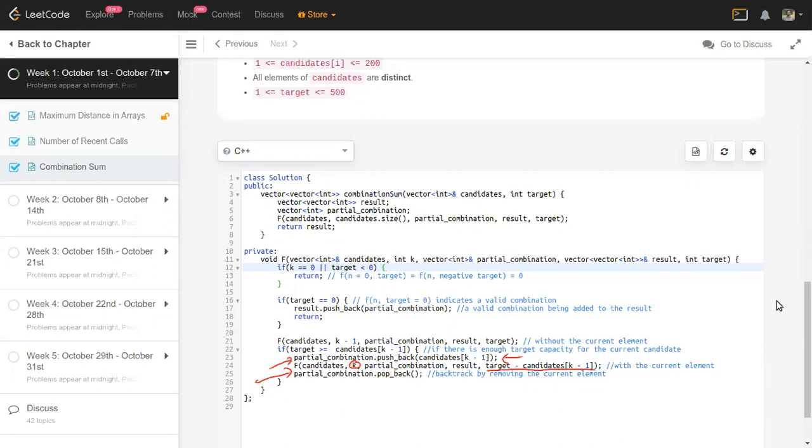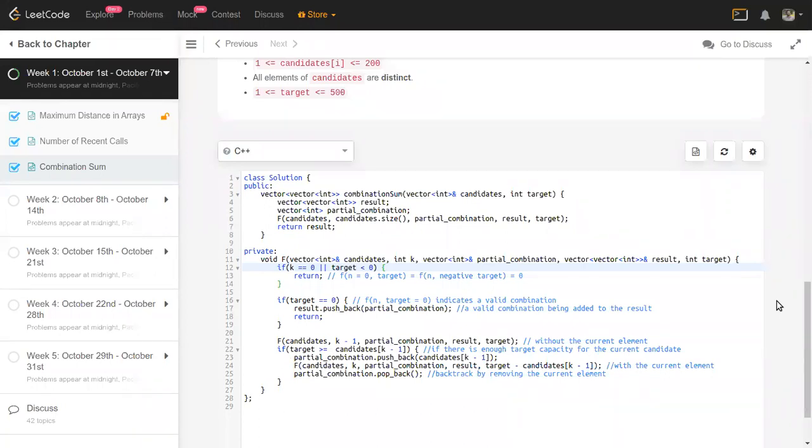So when I solve that, it's going to go down, and whatever the valid results, it's going to add here, and invalid, it's going to reject here. So this will do that recursively, these two things. But yeah, look at this. When you go down here, you added a candidate and then you backtrack there. So with this backtracking, when you want to explore other possibilities, you want to get rid of that combination or that element you added.